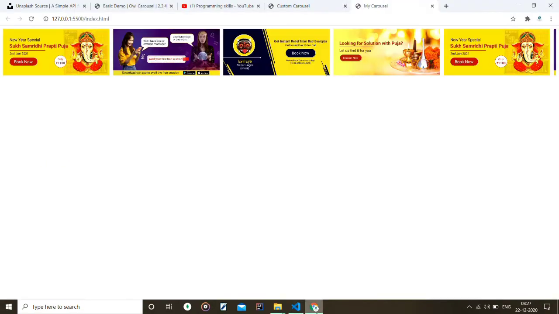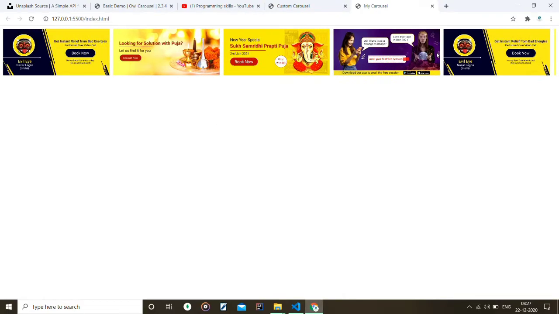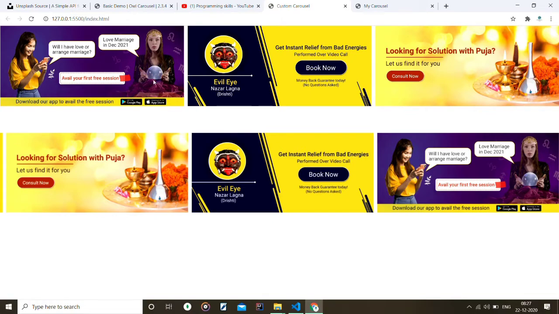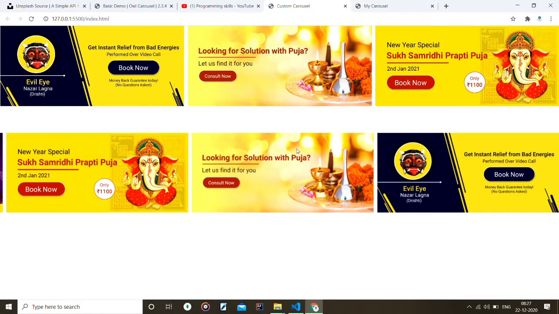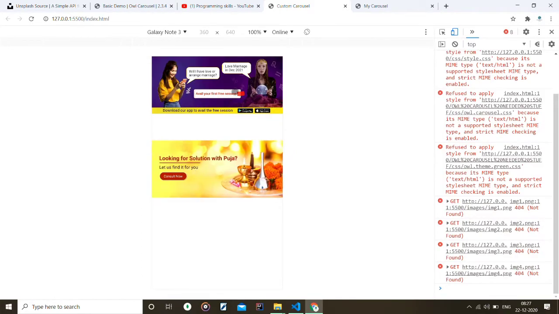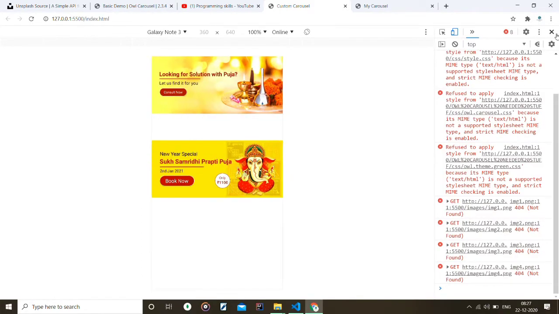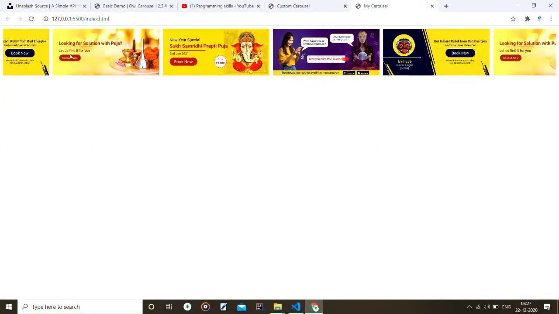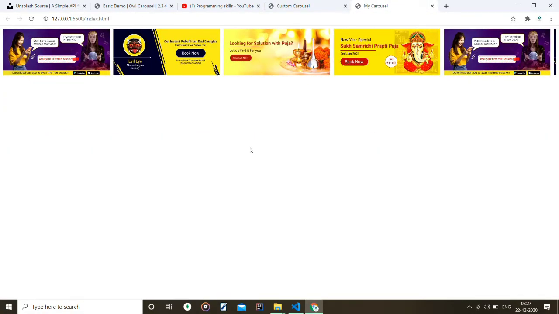Okay, after putting this 4, you can see this is our carousel. But we need to form it like this one, which shows 3, and it is also highly responsive. You can see this is responsive, so how do we convert it to responsive? For that I will go here. You can see this is the actual carousel which we needed, and it is now formed.